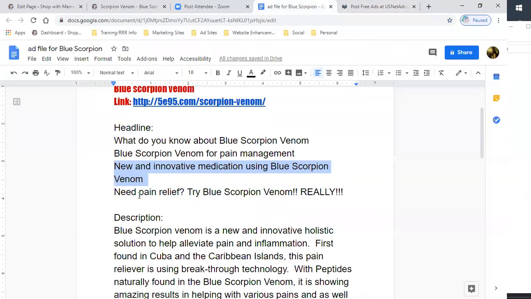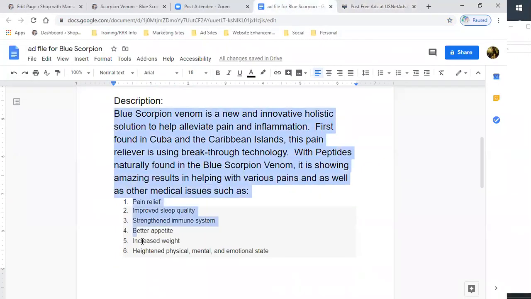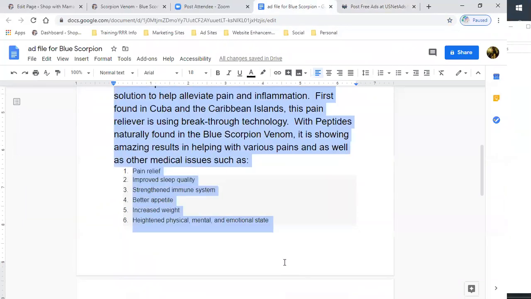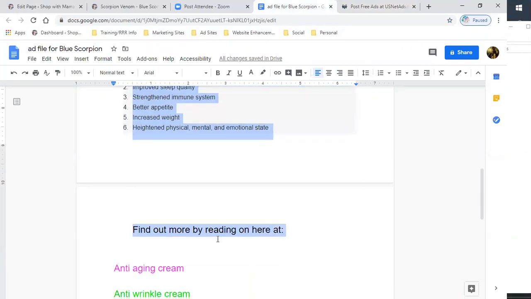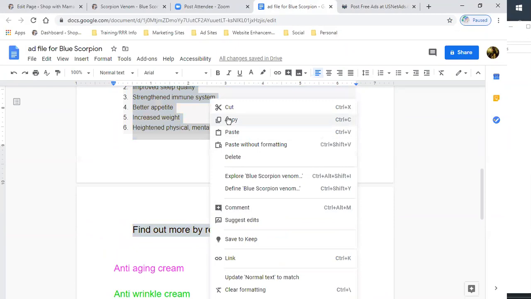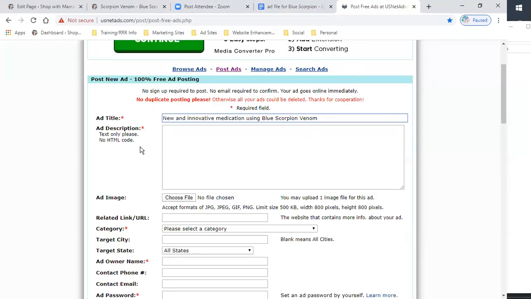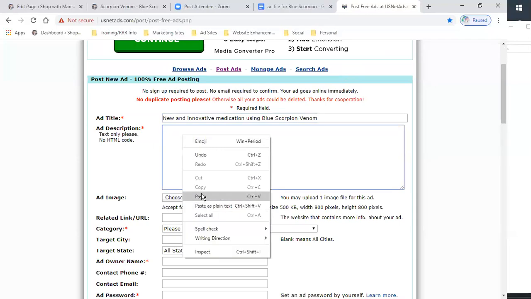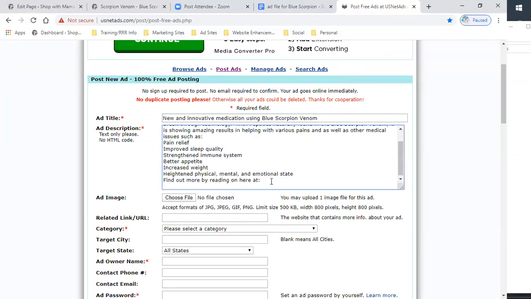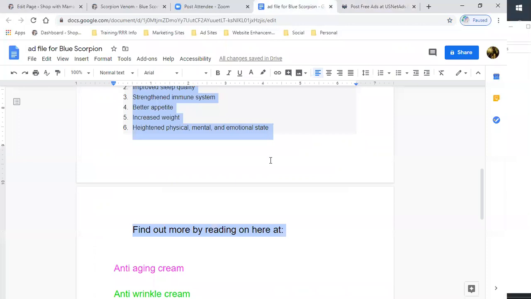And then do the same thing, pull up my description. And if you want to, you can actually put your link in there. But like I said, if you have multiple pages that you want to use the same ad for, you don't want to have that link in there. And this one I'm actually going to